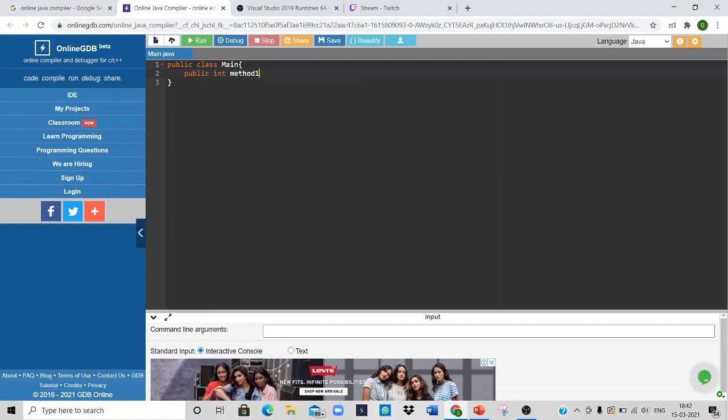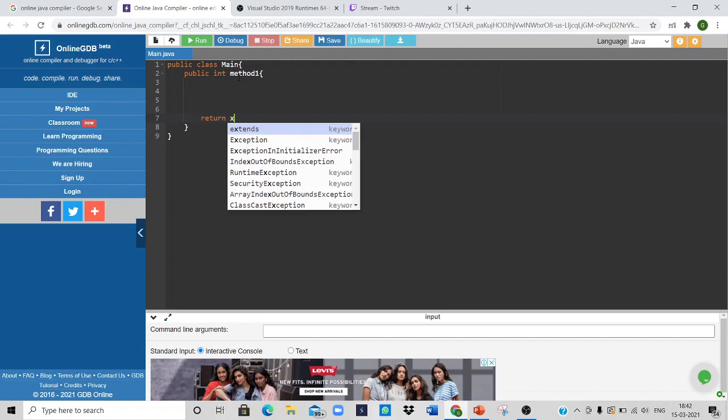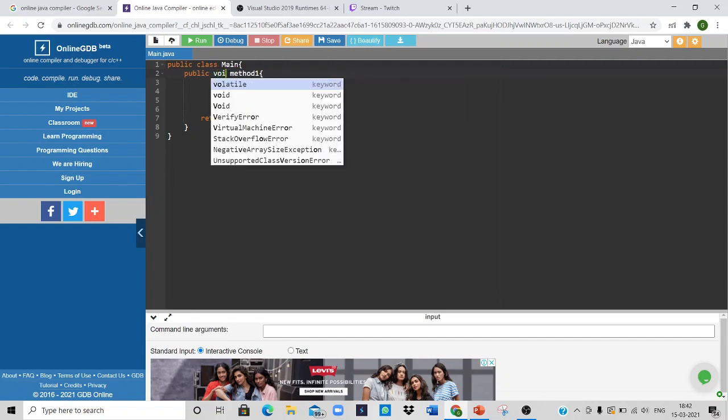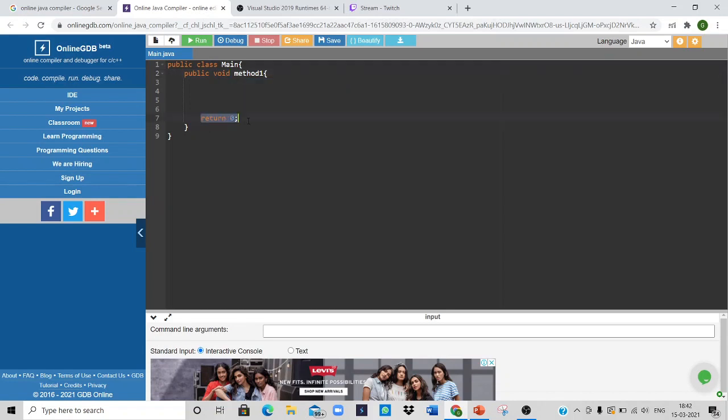If I give it as method1, then that method, after doing all the code, at the end of the program, should return something. It should return a variable like x or y; that is mandatory. Otherwise, if it doesn't have any variable to return, we should write the statement return 0. This is mandatory for every method which has int as its method type. Otherwise, if we just have void as the method type, then we don't have to give the statement return 0. That's all. That is the difference between void and int methods.